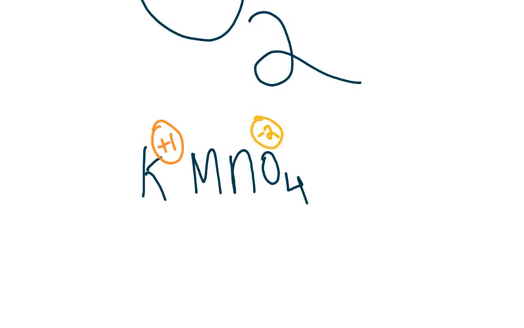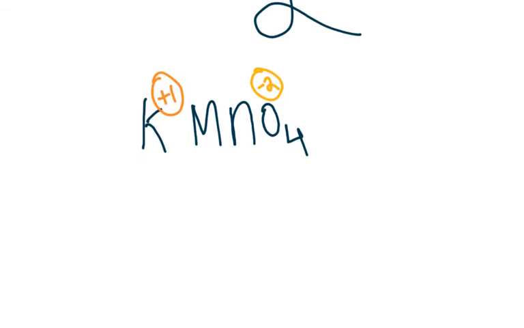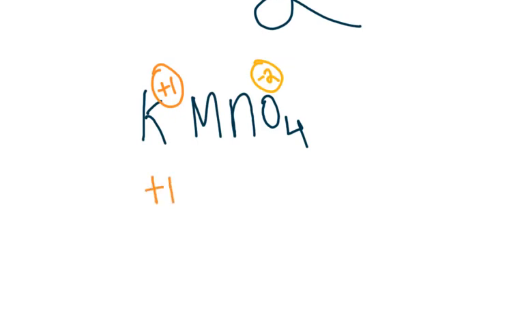Now, again, it's an equation. You can work it like an equation. We know that the oxidation numbers, if you add them up, have to equal 0, because potassium permanganate is neutral. There's no net charge that we see here. So all we're trying to solve for now is the oxidation number of manganese. So all we have to do is this: +1,